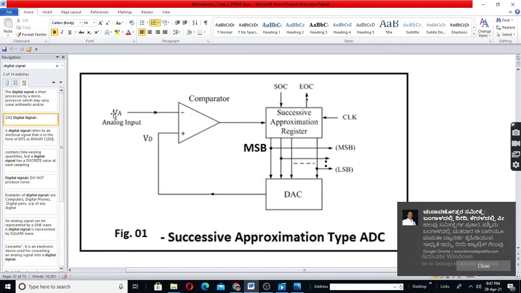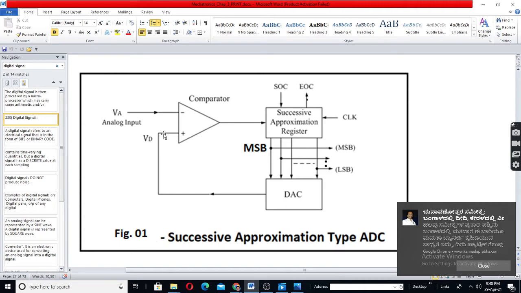Say the analog input is around 5 volt, and reference voltage is say 8 volt. Let us assume a 3-bit ADC with 8 volt reference. Now this is 0, this is 5 volt we have given.